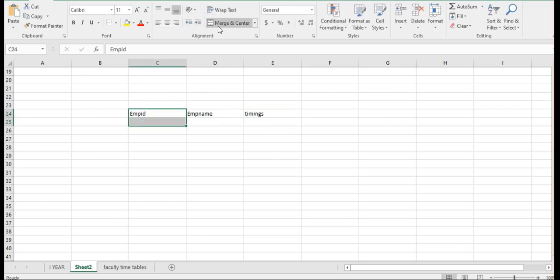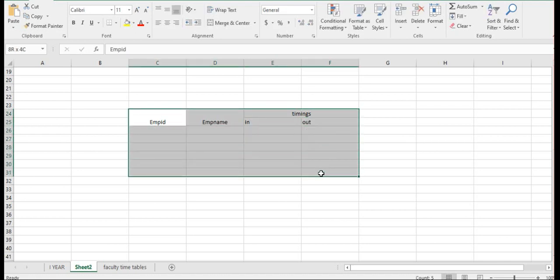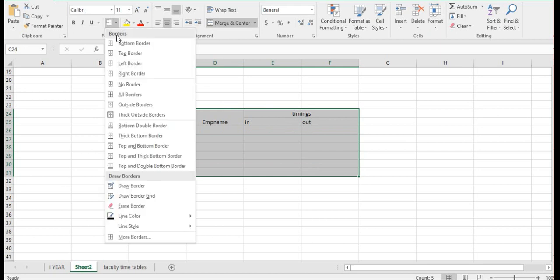This is one column, this is one column, and here this is one column, and here you have to write in, out. So this is the format that I want.